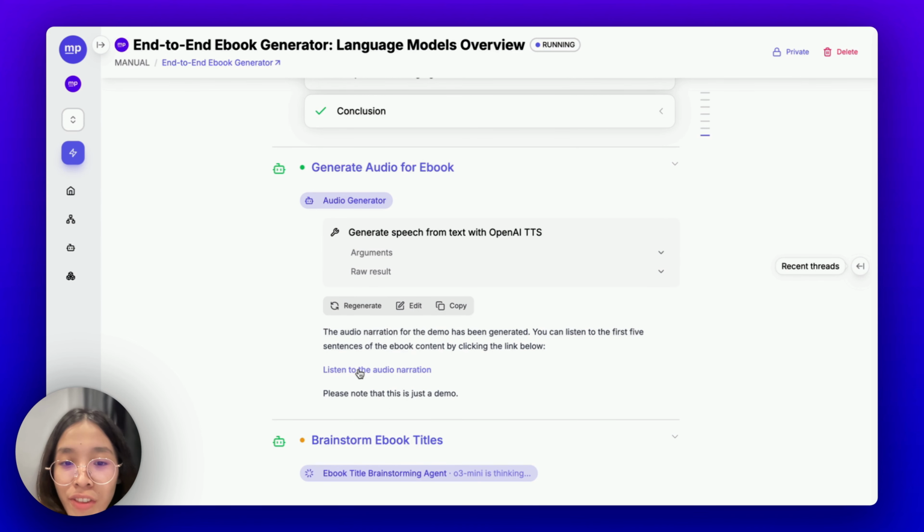And because this is just for demo purposes, I told the AI agent to just pick the first 5 sentences of the ebook content. Otherwise, it will take quite a long time to generate the full version because this is a long ebook. So